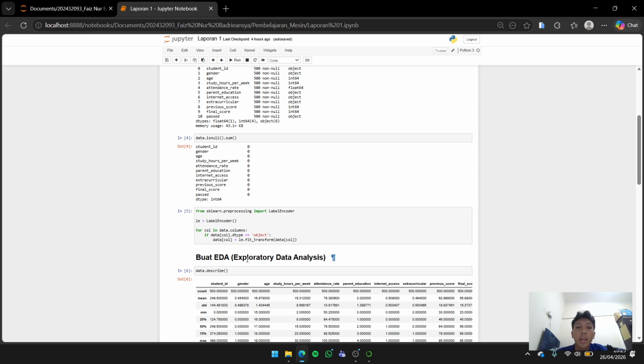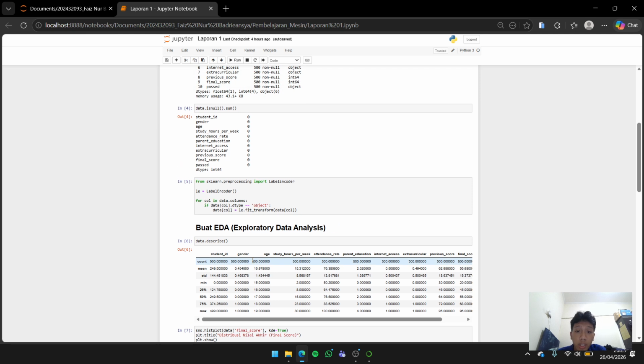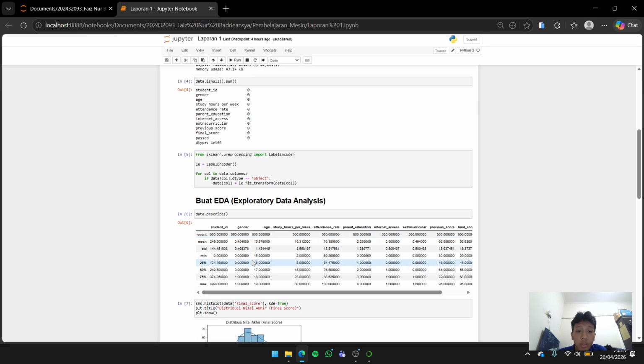The next step is data preprocessing. The dataset contains several categorical features such as gender, student ID, parent education, internet access, and extracurricular, and machine learning algorithms cannot process text data directly.